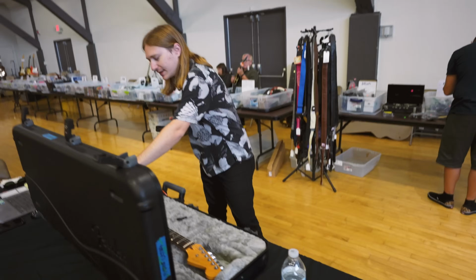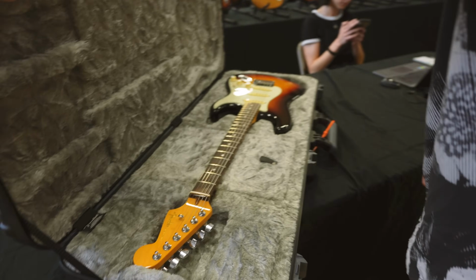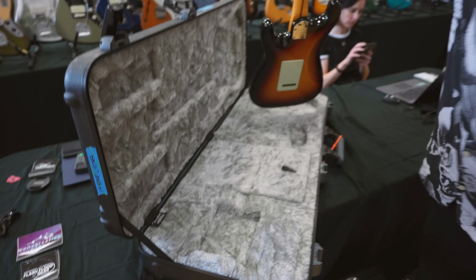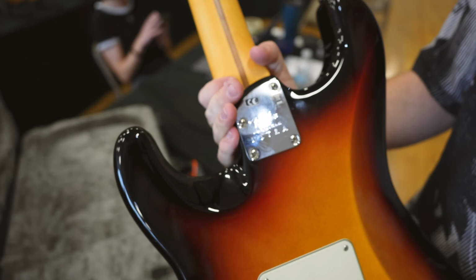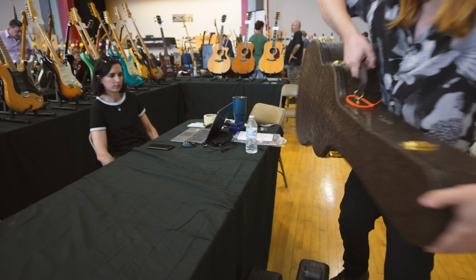So the Gibson Dove that we brought with us is now gone. That was a really cool Dove custom, but two very cool guitarists have now entered the shop. So let's check them out. Here we have a 2019 Fender American Ultra Stratocaster. Very cool modern-esque Strat. Some cool modern appointments such as the cool cutaway there. Locking tuners. Very nice. We also got this Taylor